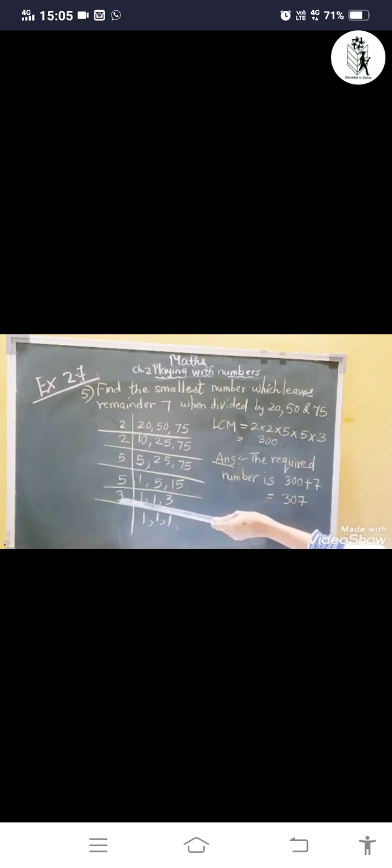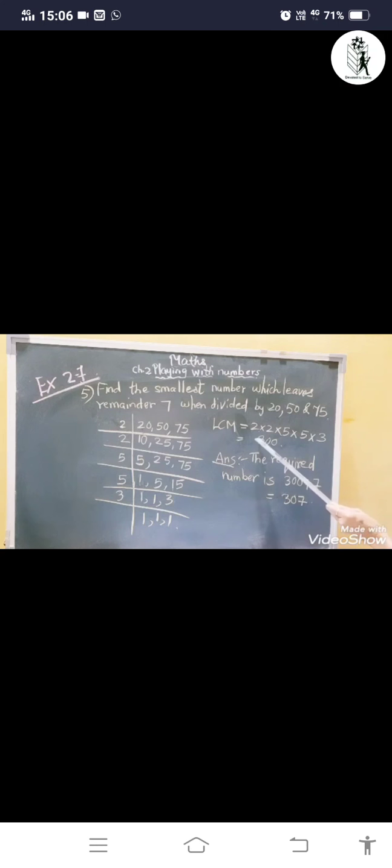You will get 3 at the last, at the most. Okay, so it is okay. Here if you take 3, you will get 3 here and 5 will go down, no problem. So here 5 1s are 5, 5 5s are 25, 5 3s are 15, and 3 1s are 3. These are the factors which we take here and we take the product. We get 300: 2 2s are 4, 4 5s are 20, 20 5s are 100 and 100 3s is 300. So this is your LCM.